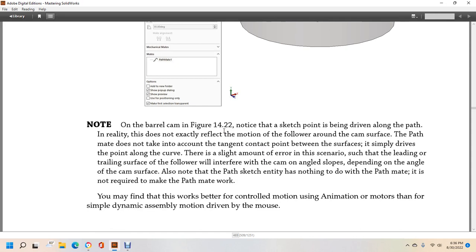On the barrel cam, figure 1422, note that the sketch point is being driven along the path, which does not exactly reflect the motion of the follower around the cam. The path mate does not take into account the tangent contact between the surfaces. The assembly drives the point around the curve with a slight amount of error,